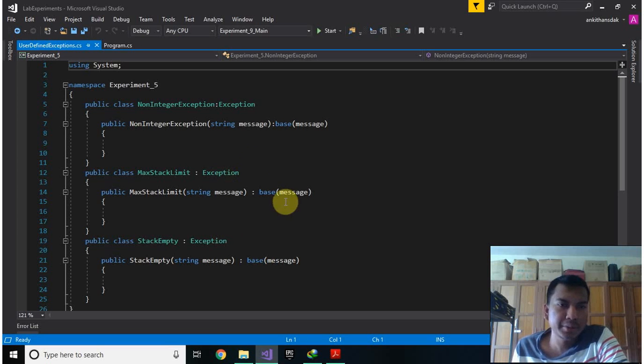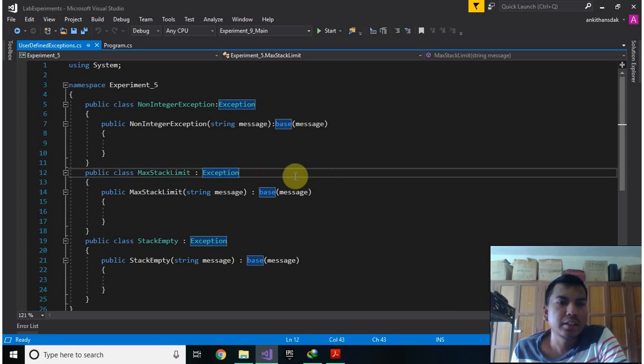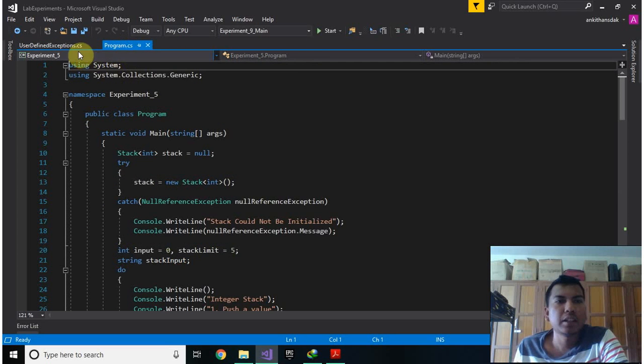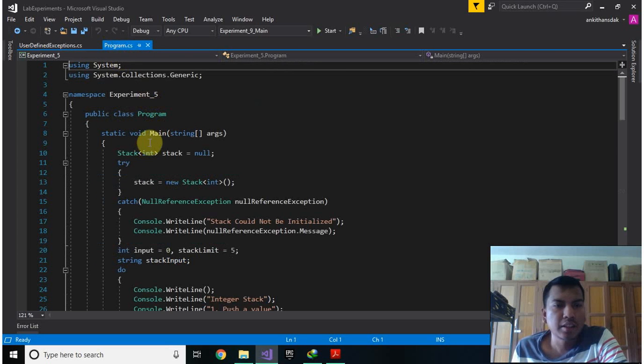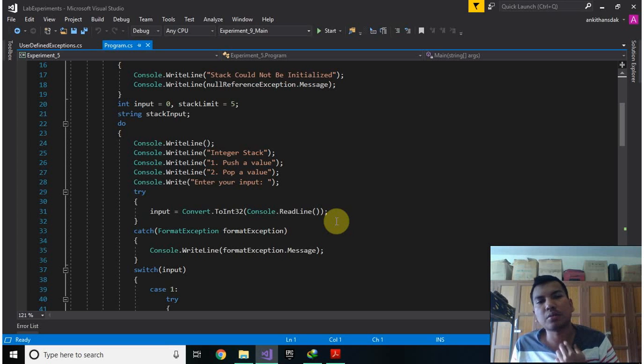But here I am using user-defined exceptions, for which you have to make an exception class, and you have to inherit the exception base class, which is a part of the system. So I have made these 3 exceptions, and I have implemented them in the stack. And whenever those exceptions are thrown,